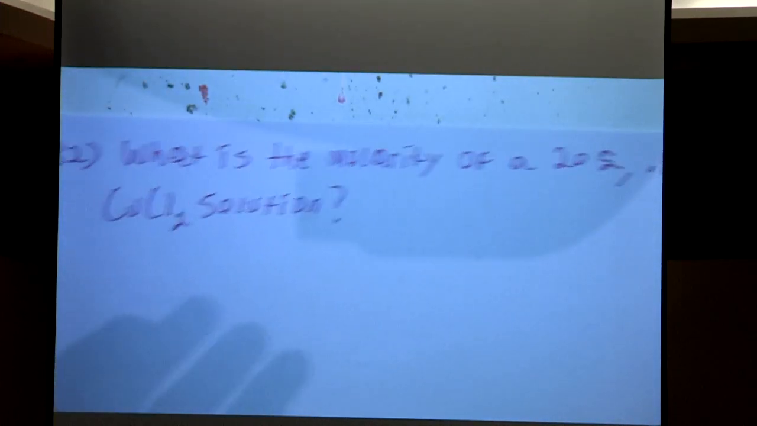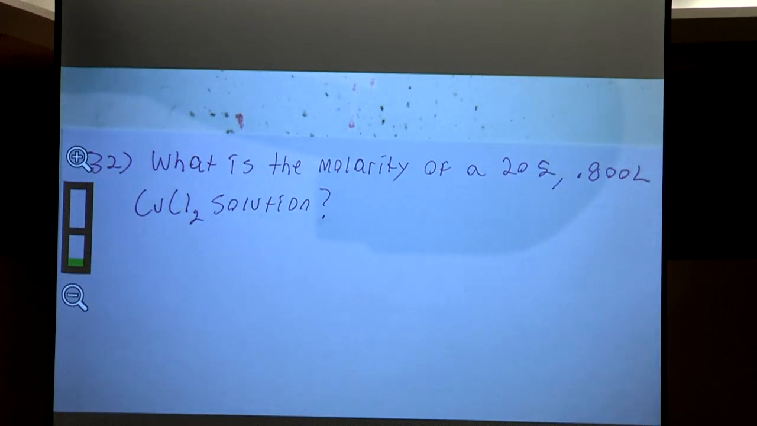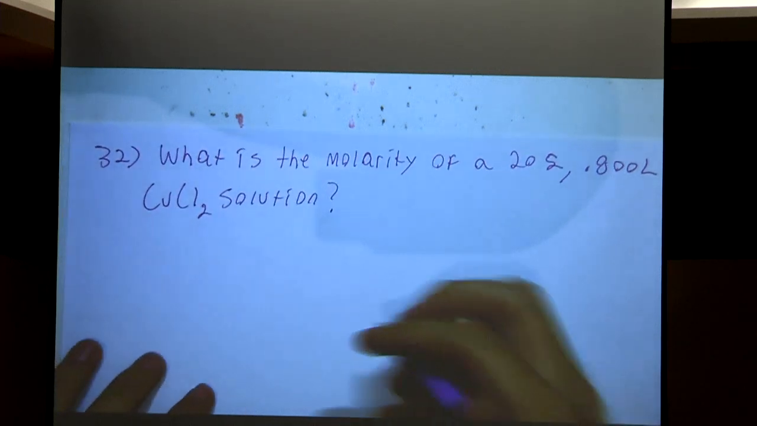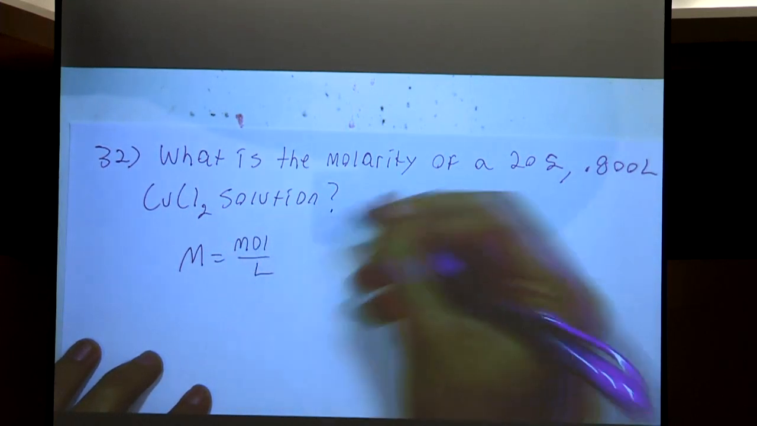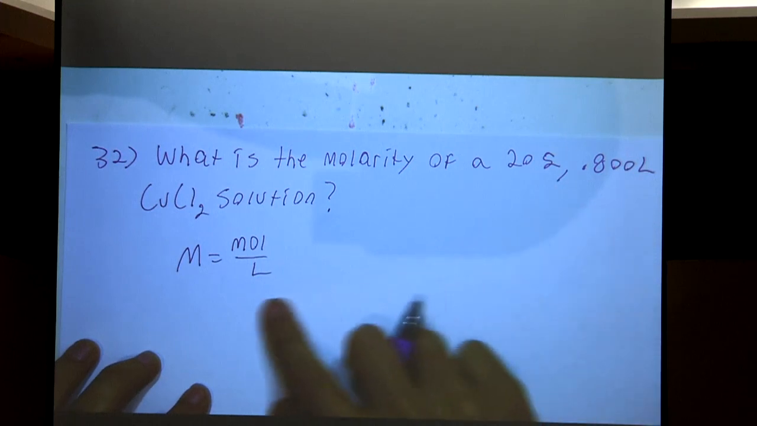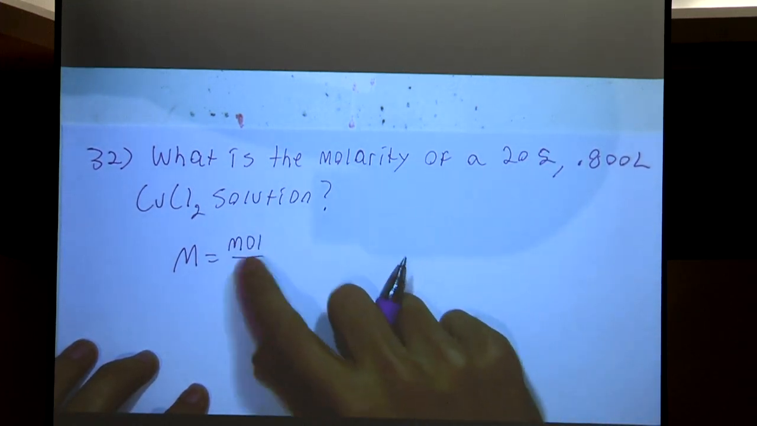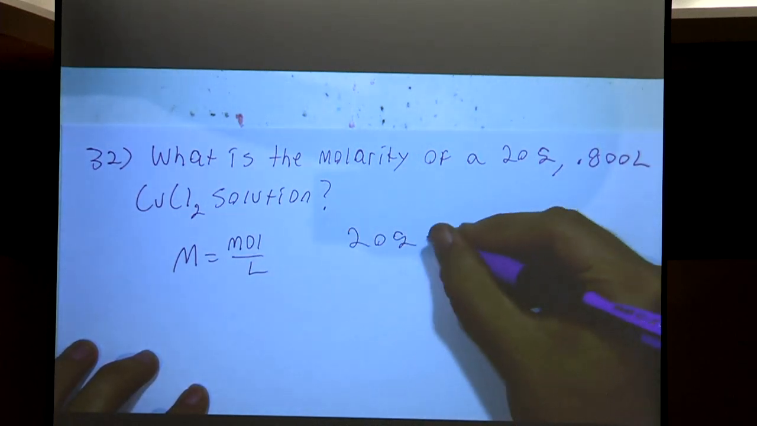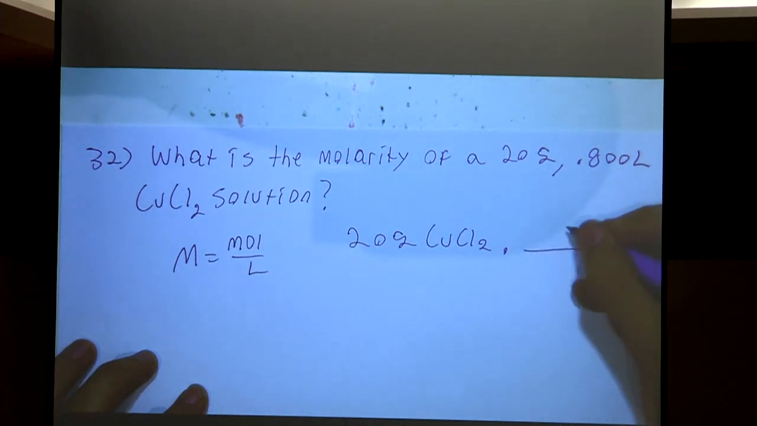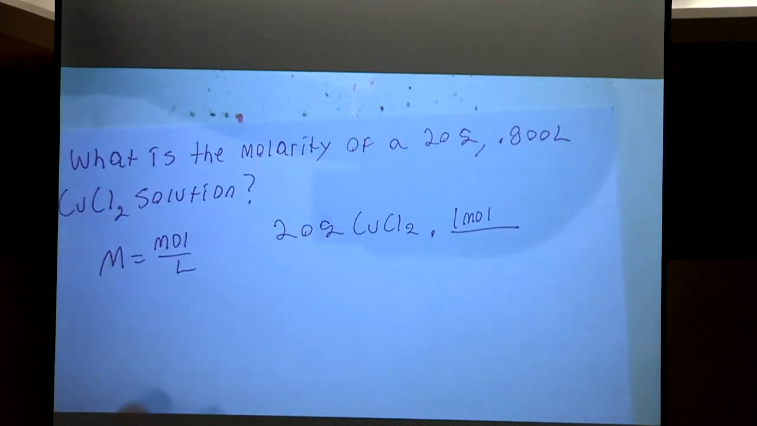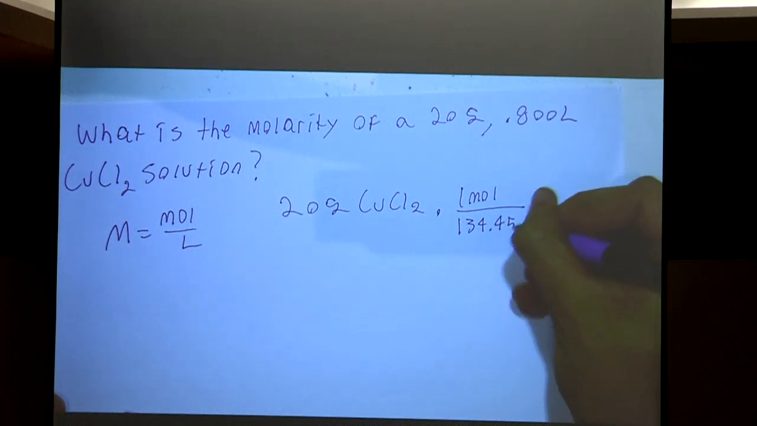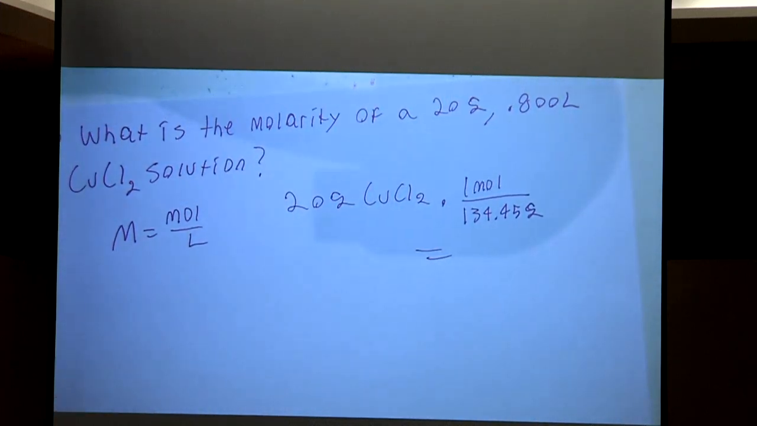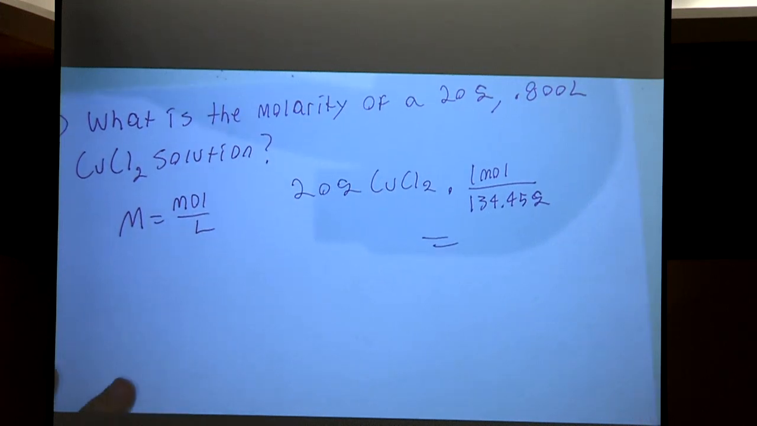All right, so what is the molarity of a 20 gram, 0.8 liter copper 2 chloride solution? So I know that molarity is moles over liters, and I'm given grams, and I'm given liters. So liters, I'm good. Grams, I need to convert to moles. So 20 grams of CuCl2, molar mass of copper 2 chloride is 134.45 grams, which gives 0.15 moles